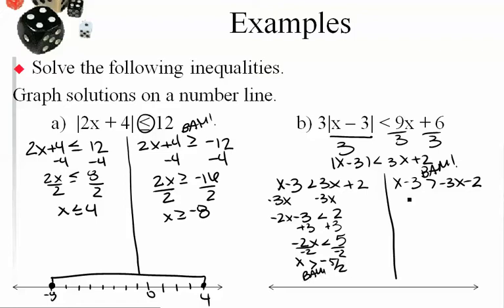For this one, we're going to add 3x to both sides. That's going to give us 4x minus 3 is greater than negative 2. Add 3. 4x is greater than 1. X is greater than 1/4. Now, negative 5 halves, if you were to plug it in,